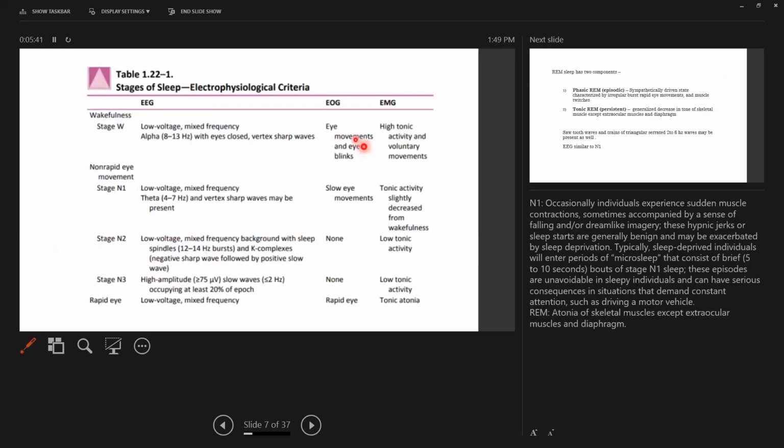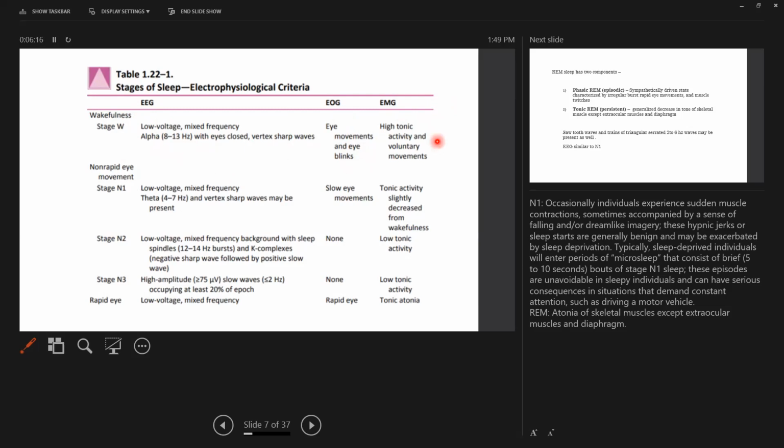So now these are the stages of sleep. As I mentioned, we define sleep from behavioral observation and from electrophysiological criteria. So we have the EEG, the EOG, and the EMG. In wakefulness, stage W, we have the beta wave when we are awake and alert. Then as we close our eyes, we have the alpha wave. So we have beta and alpha waves which are seen here. In electrooculogram, eye movements occur, and in EMG, electromyogram, we see high tonic activity and voluntary movements. Then